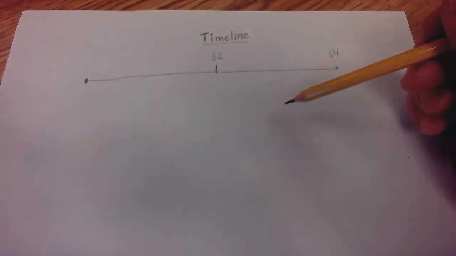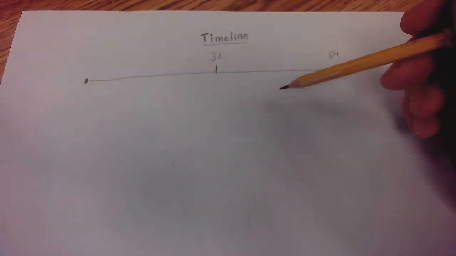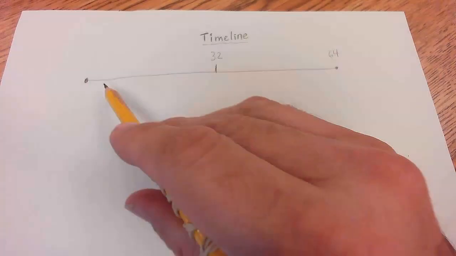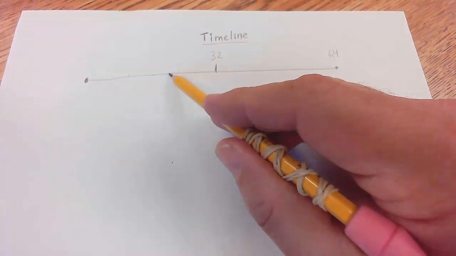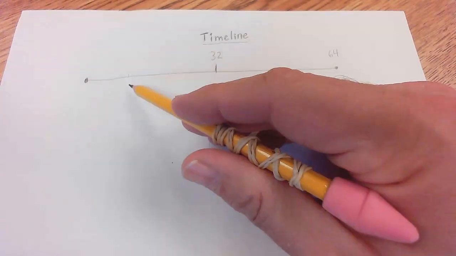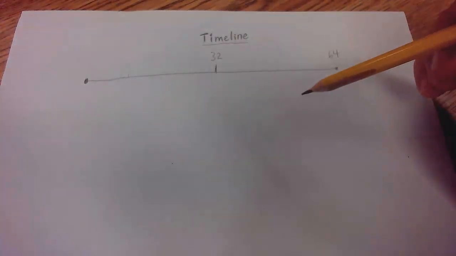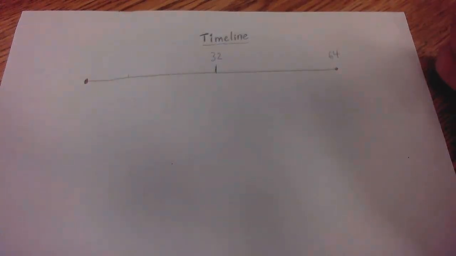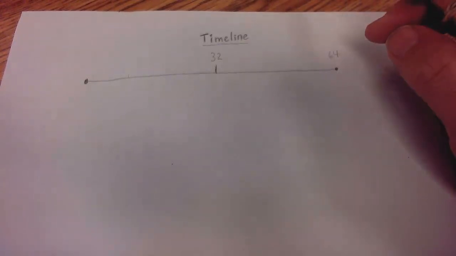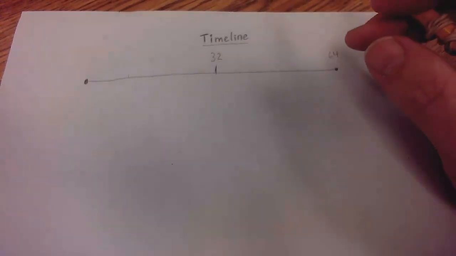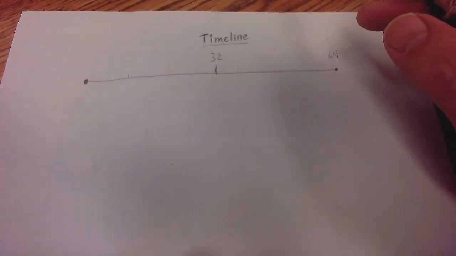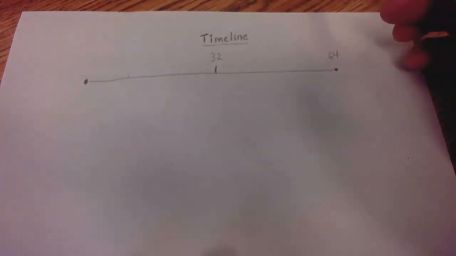So what I'm going to do is I'm going to listen to the song. And as I listen to the song, I'm going to make little marks on my timeline and write down the number of measures. And this is just my first listening of the song, and I'm marking down points in the song when something changes, when it sounds like, oh, that was kind of a significant point in the song,